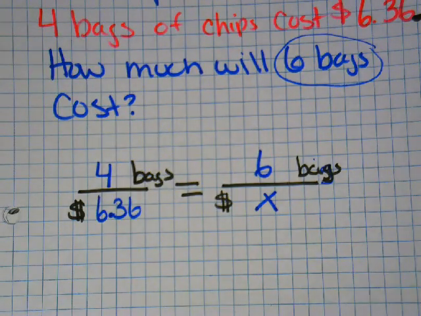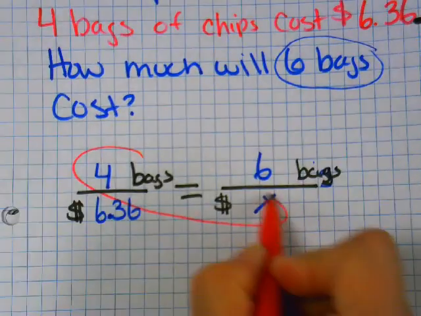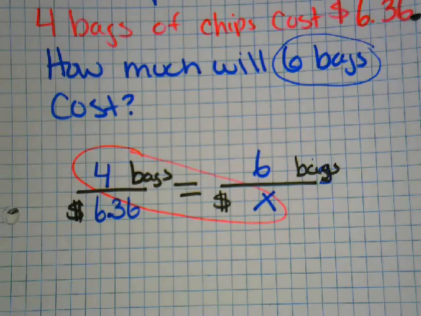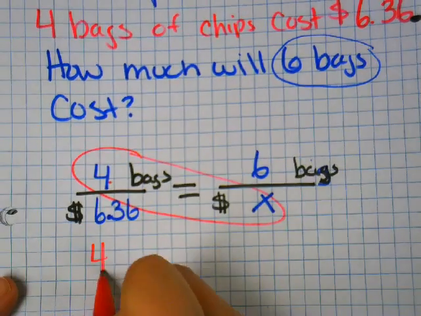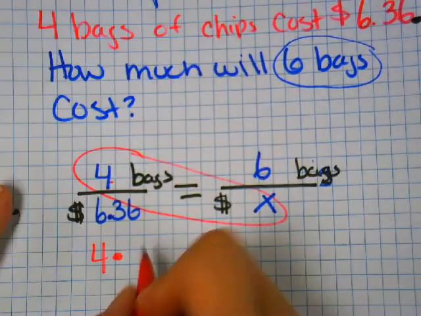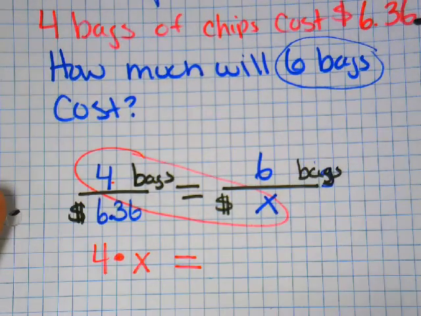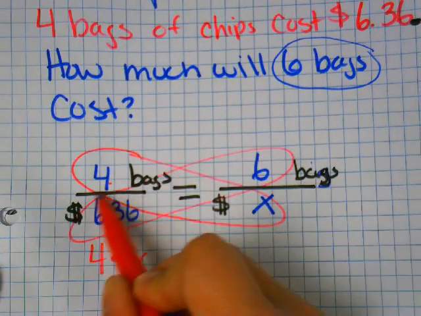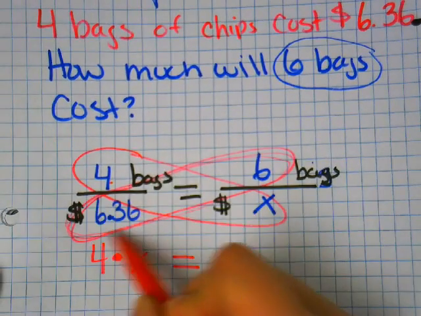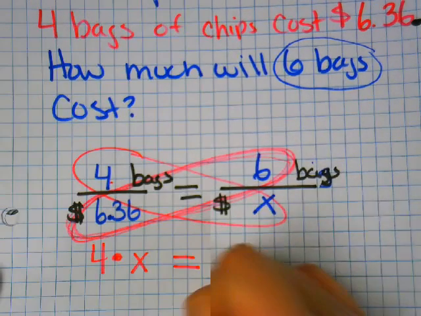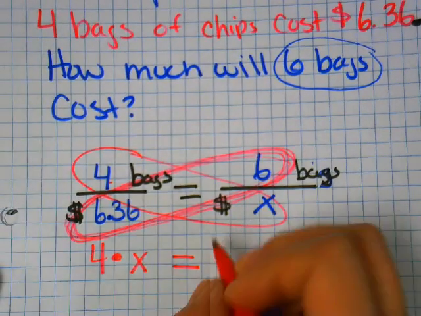Let's see if you remember. It's the butterfly method. Did you do the butterfly method in 6th grade? Yes. What do you do with the ones that are in this wing of the butterfly? What do I do with these 2 things? You multiply them. 4 times X equals the other butterfly wing. So we make a butterfly. What's in this other circle? 6 times